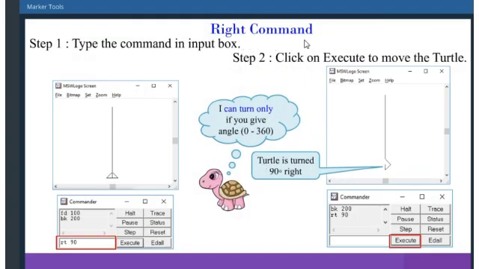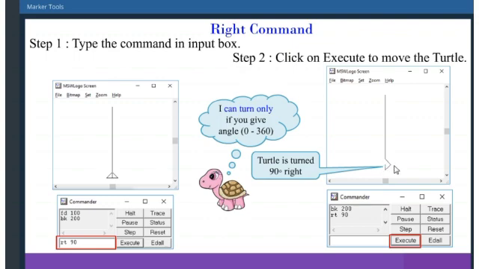The next one, the right command. For the right command the shortcut key is RT. Already we have given forward 100 and BK 200, then right turn 90. The turtle can turn only 90 degrees for the right turn.